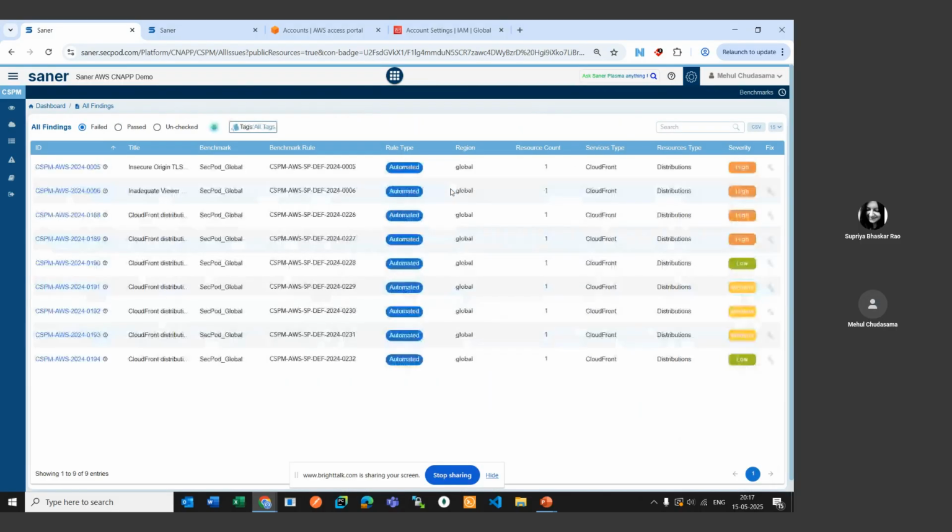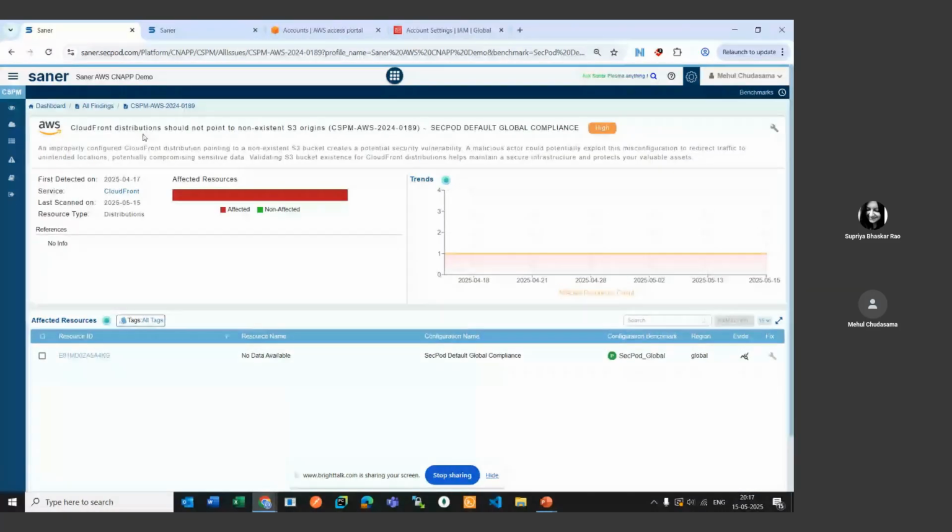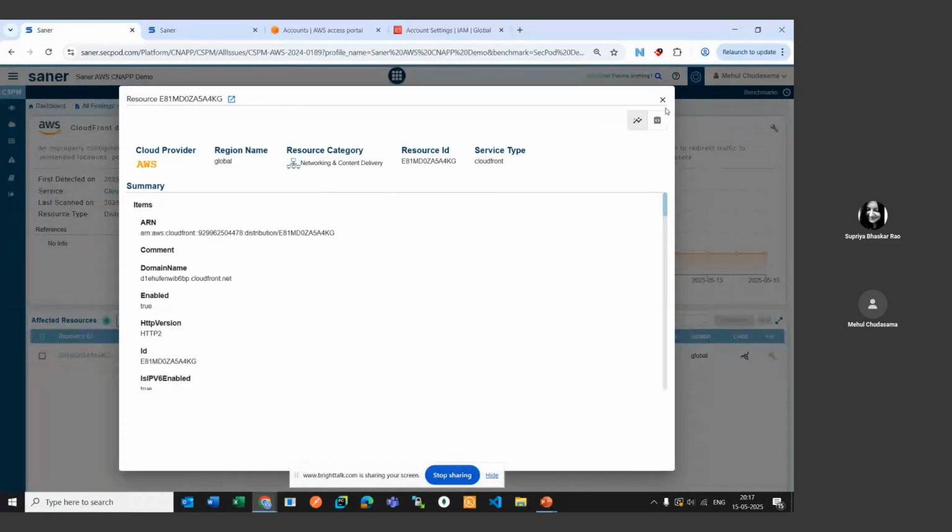Clicking on that, again, it will take you to a filtered table where you can see all the details about those particular resources. You can click on the rule that has identified this one as a publicly accessible resource. You can click on the resource ID and it will give you more details.